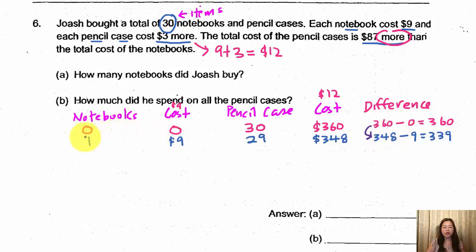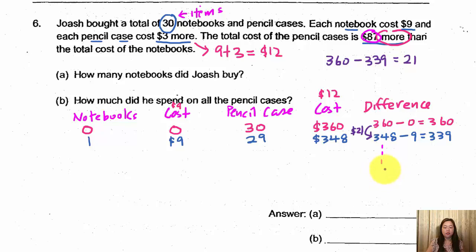So we can see that there is a drop in the difference. For every addition of notebook, there is a drop. And how much is the drop? Let's calculate. 360 minus 339 is equals to 21. So there is a drop of $21. But we know that in the end, the difference is actually $87. So when we continue and increase the notebook by 1 every single time, there will be one time